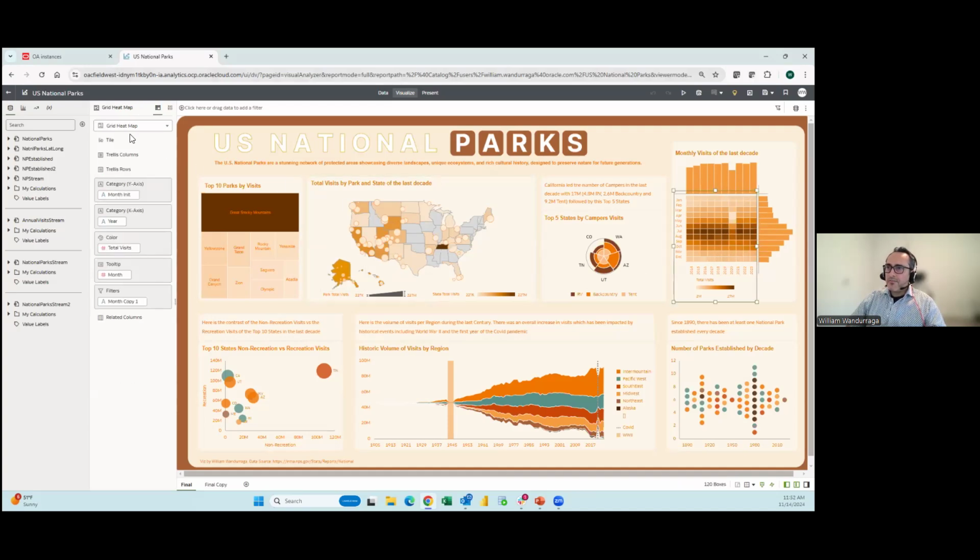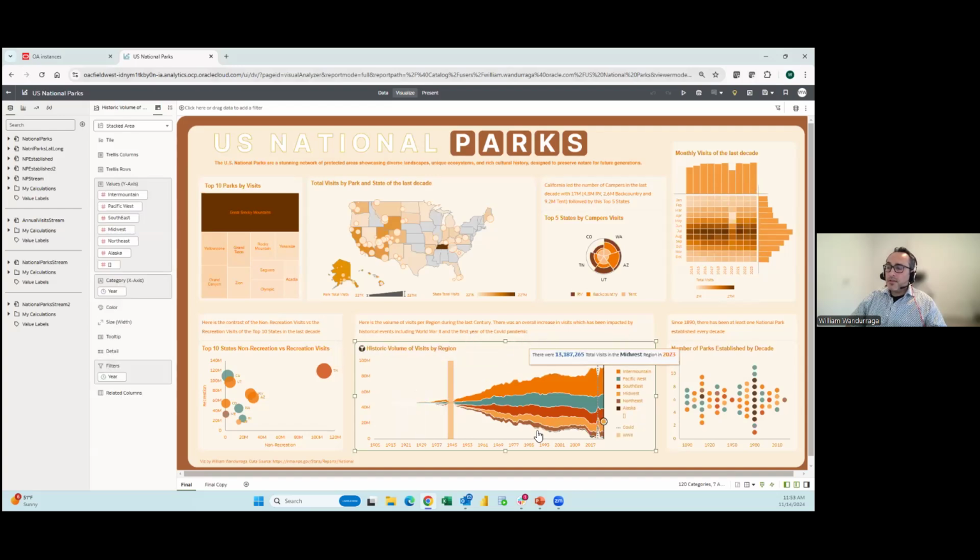Here I have my grid heat map to show the number of visits per year per month. And I extended that with the second and third visualizations of bars to give you the numbers of the months, to give numbers of the years. So one of the insights of the visualization is the slowness on visits due to the COVID pandemic that's 2020. You can clearly see from your grid heat map.